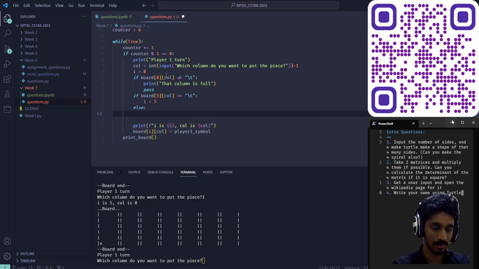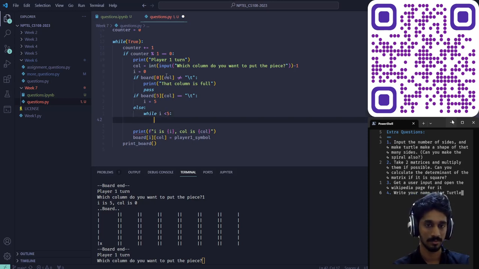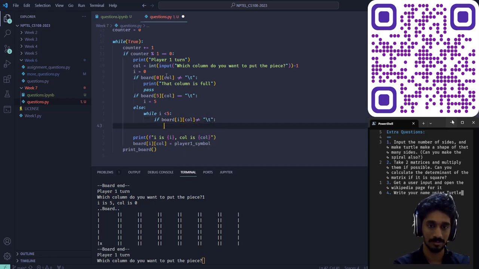Else, while I is, if board of I comma col is not equal to slash t,